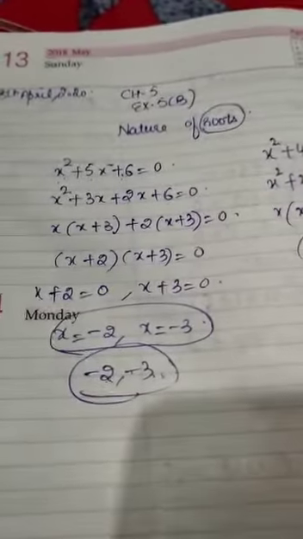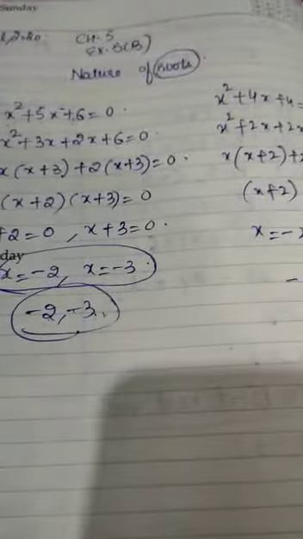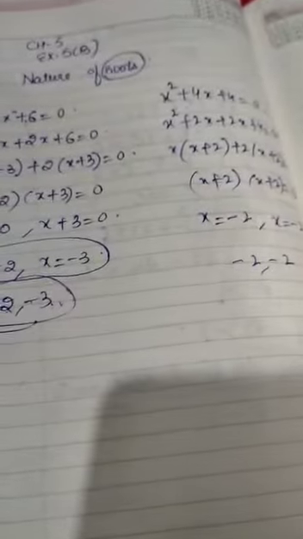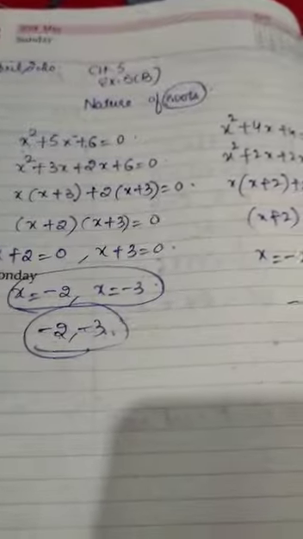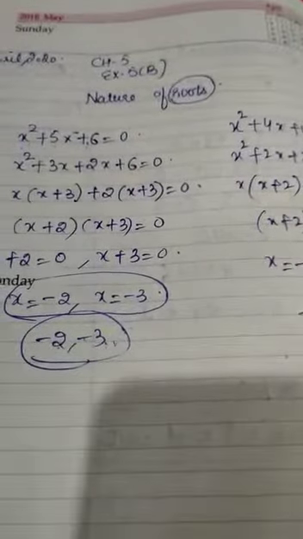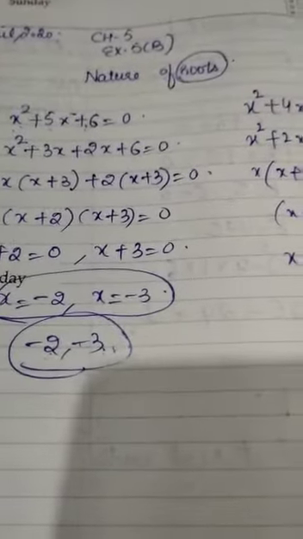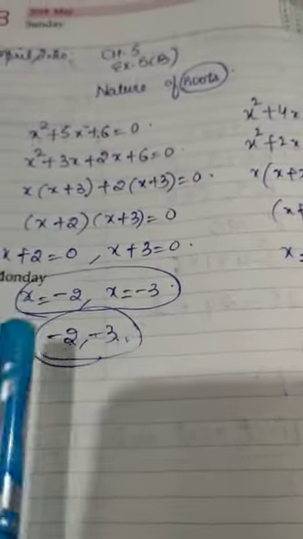In the very first question we have two different values, but in the second question we have two same values. These are the values which will satisfy both equations. There are no other values which will satisfy these two equations. So these values are called the roots of the given equations, and they are suitable only for the given equation.